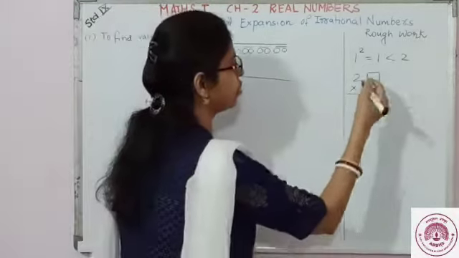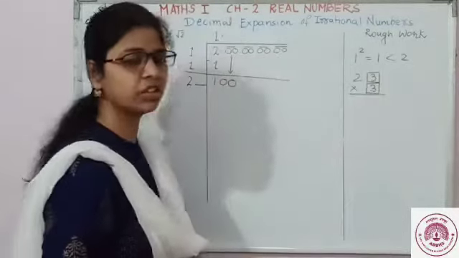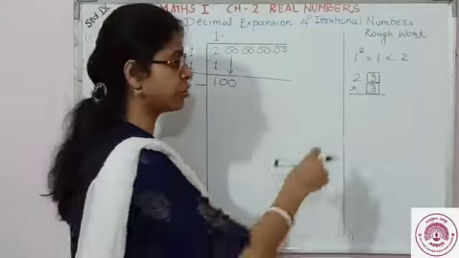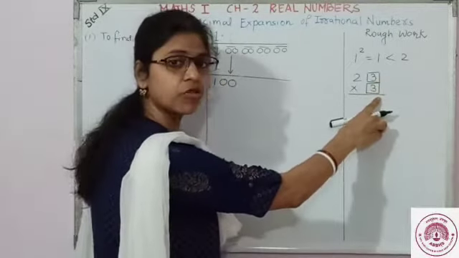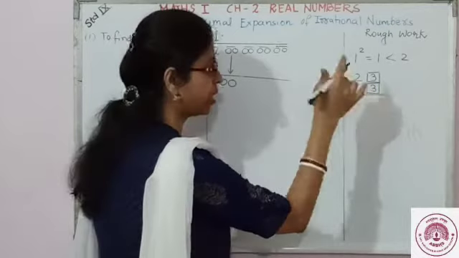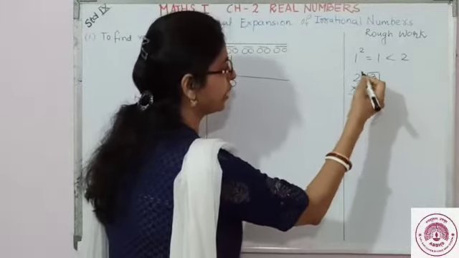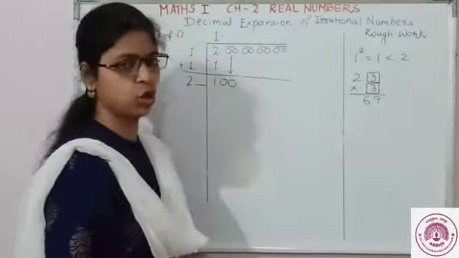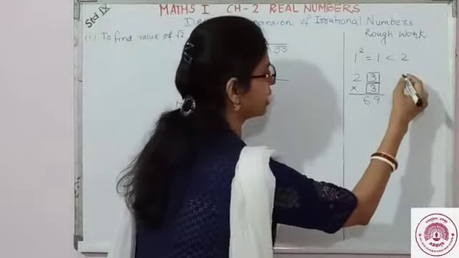So let's try with maybe 3. Let's try with 3. So 23 multiply by 3 only because we have taken the digit 3. So we have to multiply with the same digit 3. Okay. So what is this multiplication? 3 3s is 9. 3 2s is 6. So it's 69.